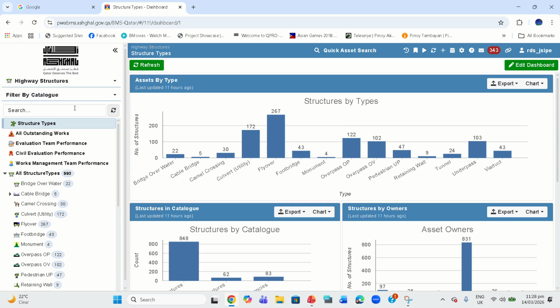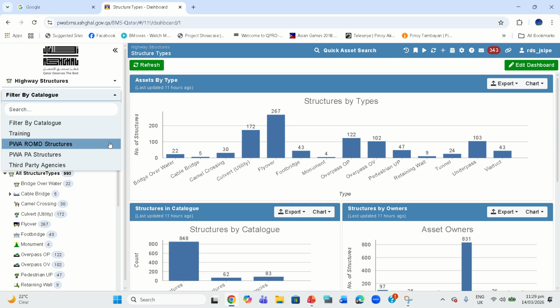First things first also, in this catalog filter you can select by catalog, training structures only, PWA, ROMD structures, PWPA structures, and third party. We have to select filters so that we can see everything.